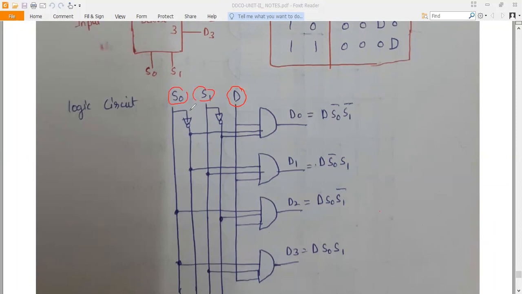And S0, S1 and their corresponding complements, S0 bar and S1 bar. So S0 bar, S1 bar, and then this is your D0, D1, D2, D3. Based on this, any one output will be selected.